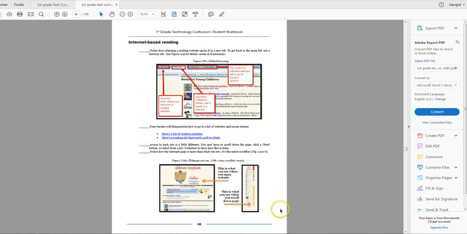Let's see if we've got anything in the first grade workbook in case you're using those. And this is scrolling. This is a good point. You'd be surprised how many kids don't remember scrolling or don't know what scrolling means. So they'll look at this and they'll go, there's only two stories. Well, remind them, scroll down the page. Click the mouse wheel and roll it up or down, and that does this. The page in internet terms is not the screen. It's the entire length of the